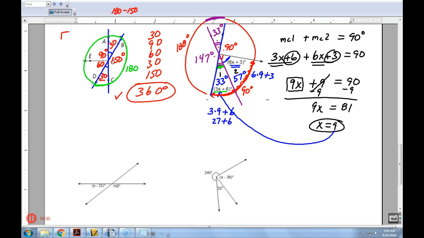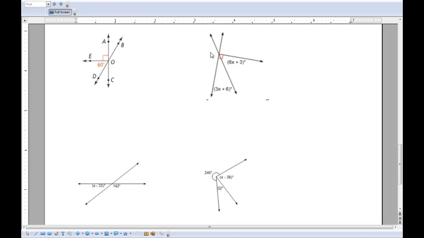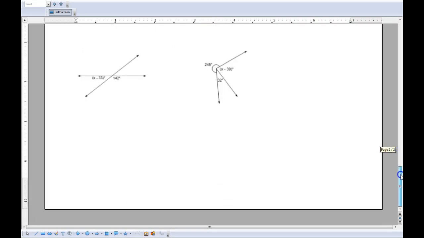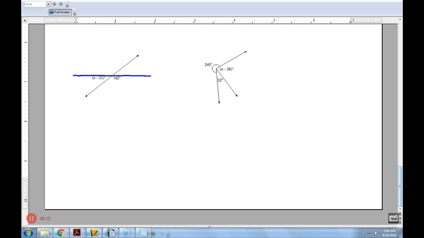All right, moving on down to the last couple. Down at the bottom, this one's going to go pretty fast. So right away I look at the two angles. I see a straight line, so I know both sides of that line have to add up to 180. And they actually hook me up and they just say, hey, this is 142. So a couple things that I can do here. If it says solve for x,